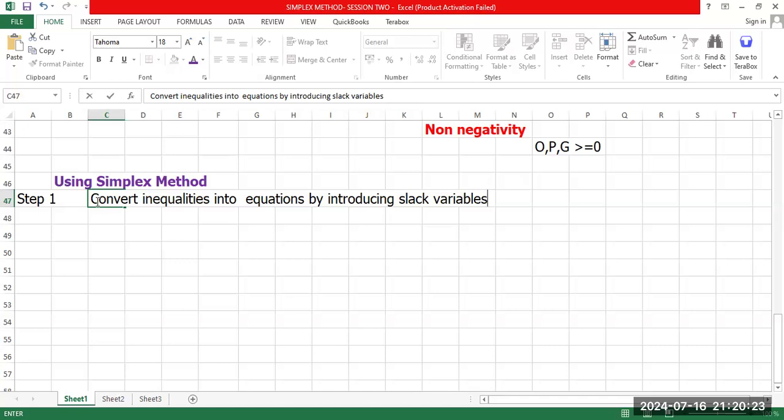Convert inequalities into equations by introducing slack variables. Why are you introducing slack variables? It is to remove inequalities. What is a slack variable? Just that